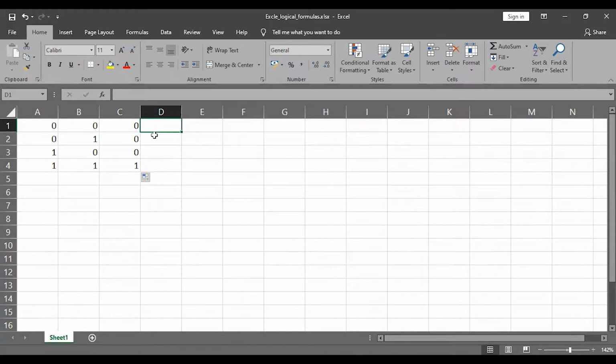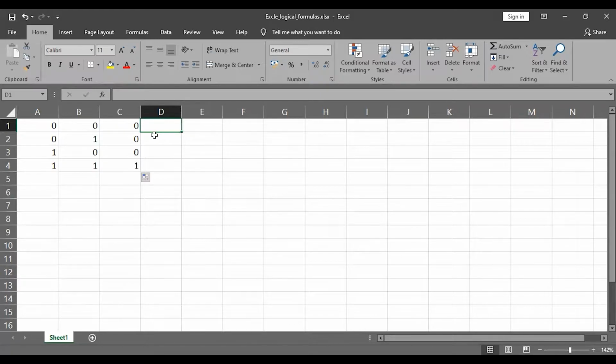For 0 and 0 inputs, the multiplication output will be 0. For 0 and 1 inputs, the output will be 0. For 1 and 0 also it will be 0, and for 1 and 1 it will be 1. So you can consider an AND gate to be a multiplier between its respective inputs.